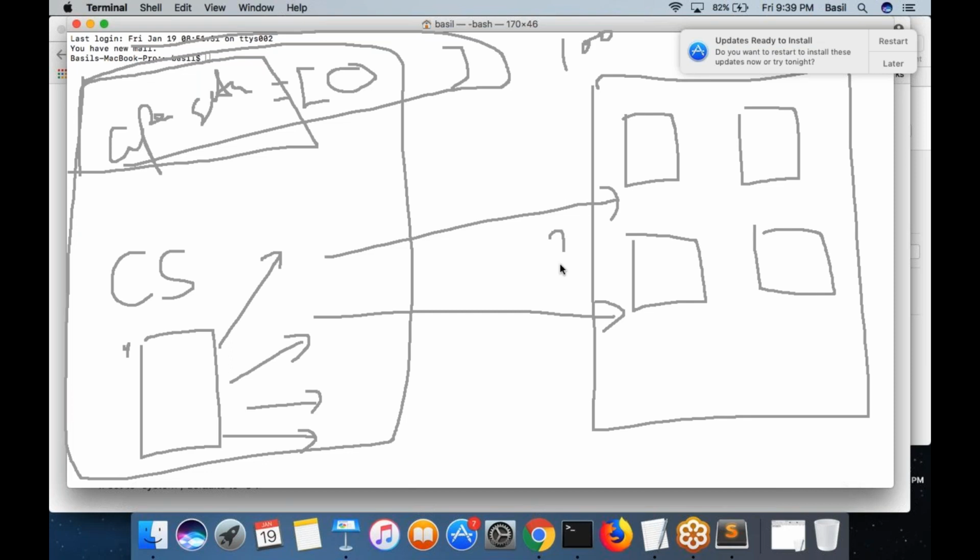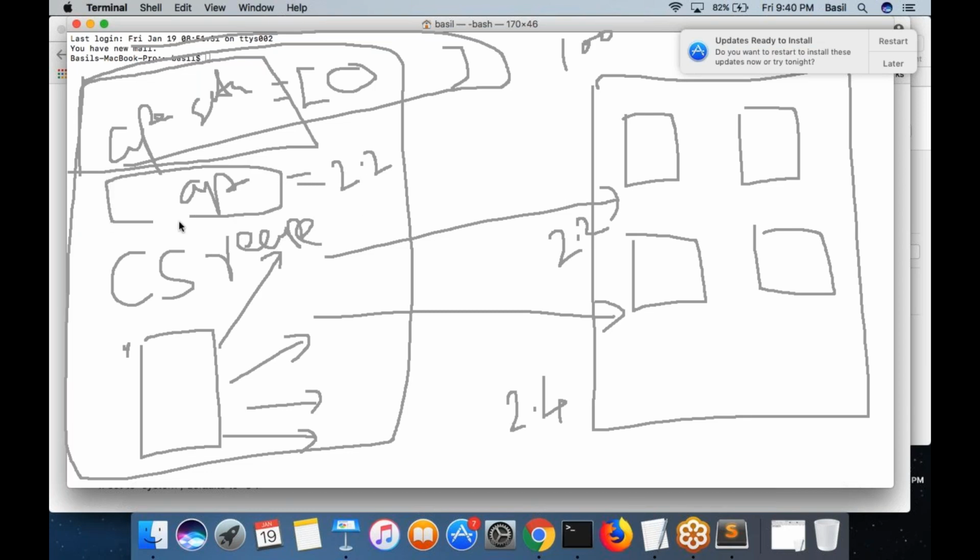Or let's say you want to upgrade Apache. All your Apache machines are currently running Apache version 2.2. Then you decided that you want to upgrade all your machines to version 2.4. There's an attribute called Apache version, which points to 2.2 right now. And in your recipes in your Chef server, inside the recipe resources, you mentioned the Apache version is equal to whatever the attribute points to. Now let's say I want to upgrade Apache in all the machines. All I need to do is just change this attribute from 2.2 to 2.4.